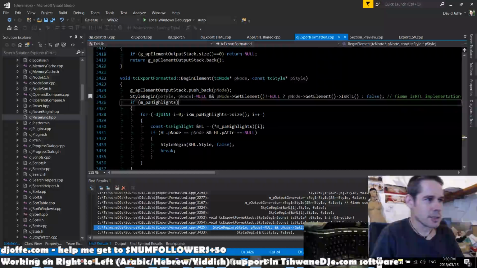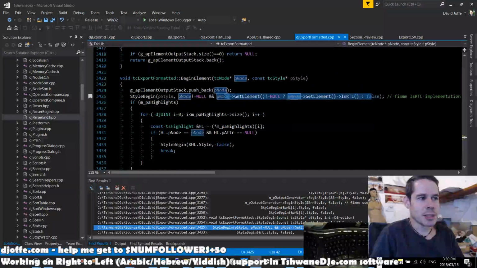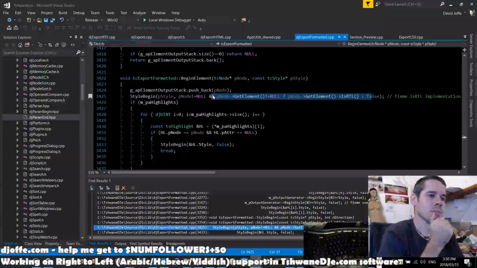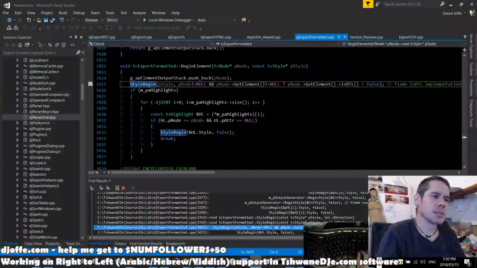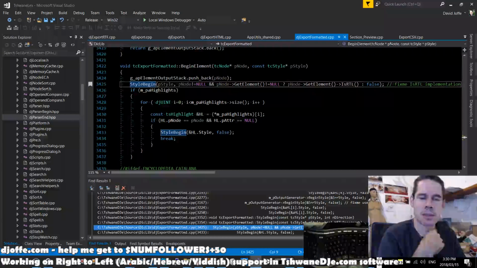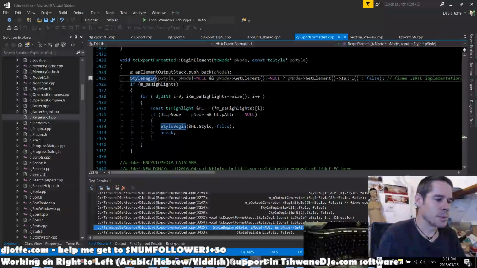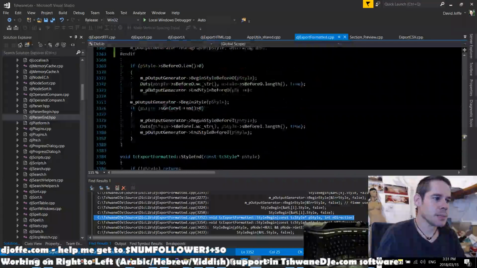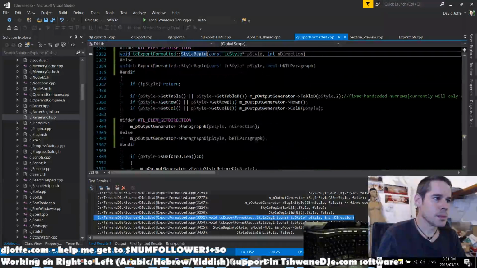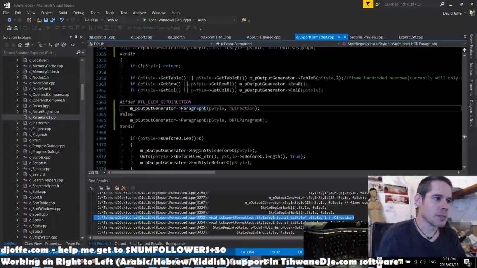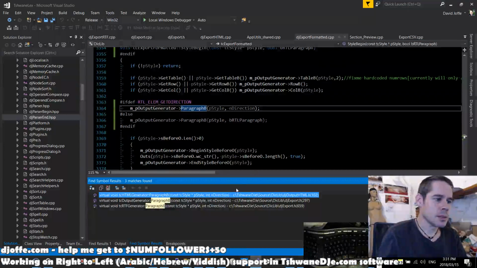What I'm actually wondering now in this code is, why do we even pass the direction in the first place? To style begin. Can't style begin just get it from the element? This whole thing's a bit weird. I guess, because it does anyway, like, well, style begin was paragraph begin, which in the output generator, and